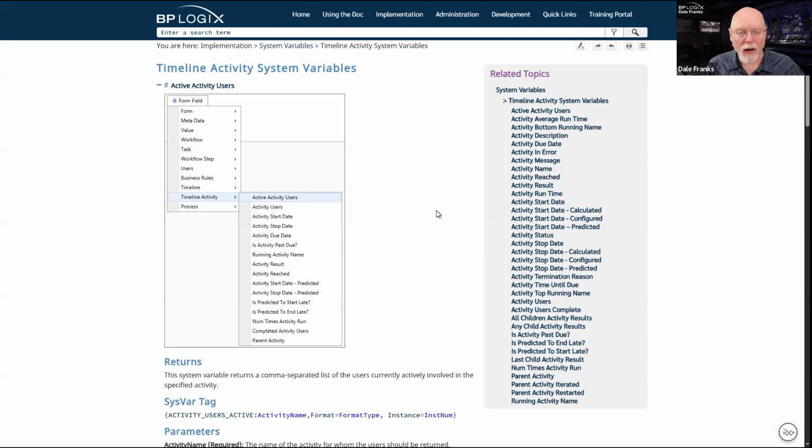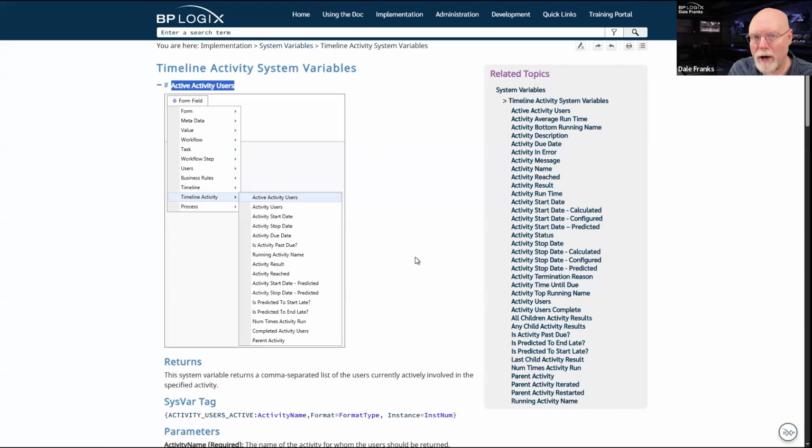Another scenario, I've assigned a task to a group of people, 5 users, and I've assigned the task to the first user to accept. Now, depending on when I opened up that form and active activity users was called, if nobody has accepted that activity yet, then there are 5 active activity users. As soon as somebody says, I accept this activity, and it gets assigned to them, 4 of them drop off as not needed.